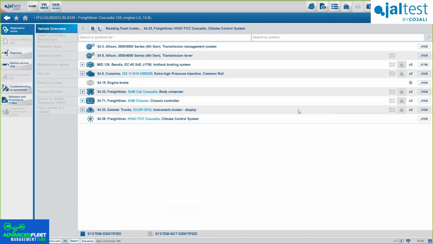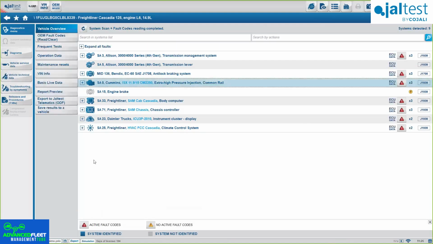on the truck. And after that, you will be able to, without even connecting to the specific system, diagnose it and perform any actions you want. Now, if you want to know more about the specific system, in this case, let's say we want to connect to the engine. We have the menu here on the left. As I said, we want to connect to the engine.